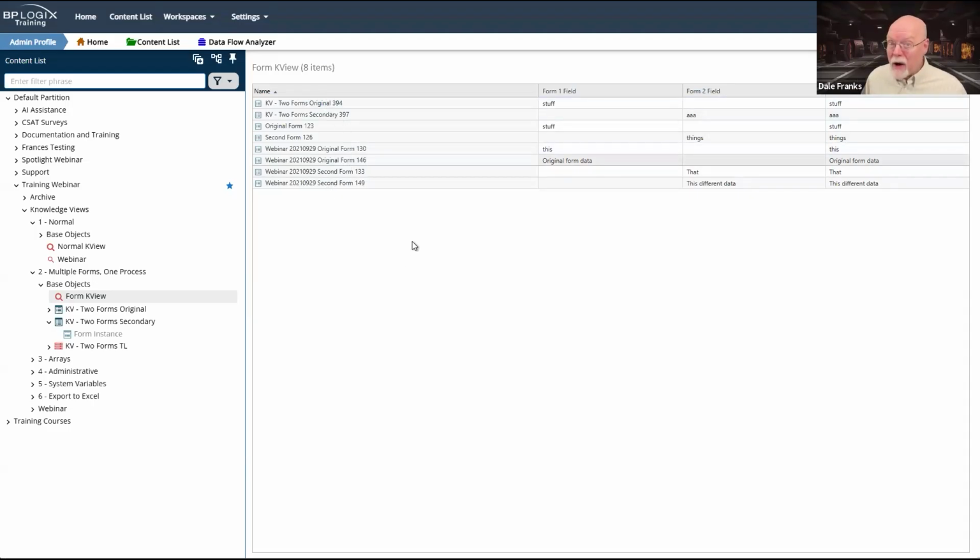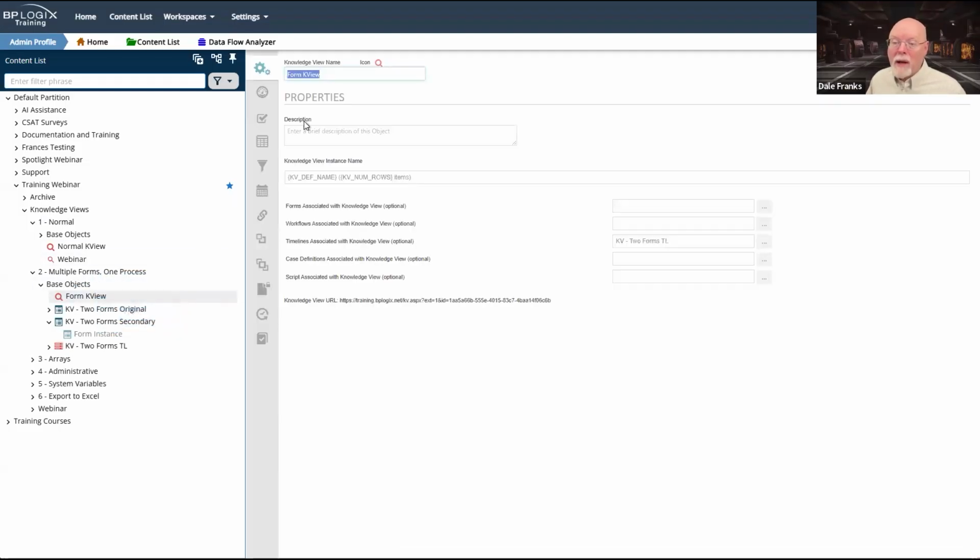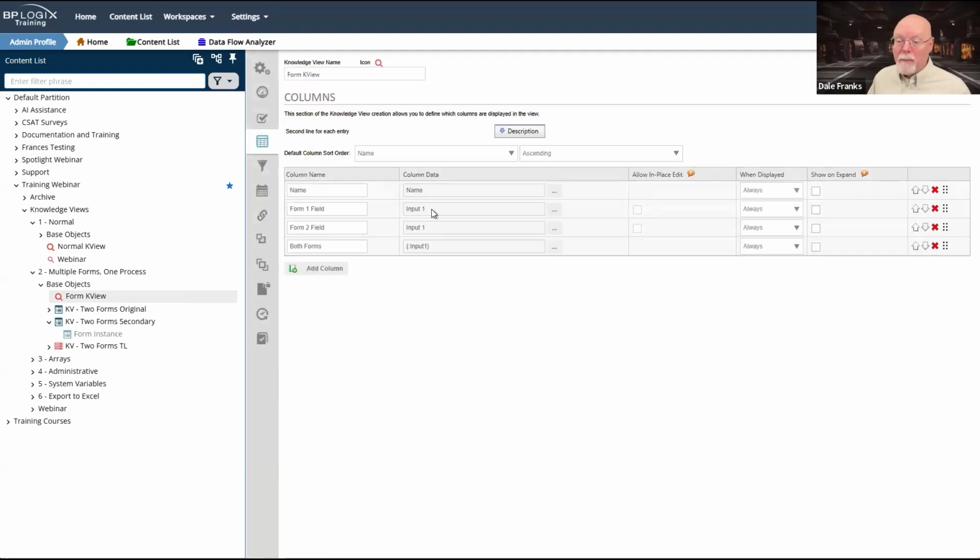So the actual data in the column is not what you're seeing. Similarly, each form field has its own unique ID. And while it is in fact showing you the value of that form field, they're not the same form field, even though they have the same name. They're on two different forms. Therefore, they have two different control IDs and are different GUIDs. So I can never return them in the same column if what I try to do in my columns tab is say, okay, well, we'll pull form 1 field input 1 and form 2 field input 1.